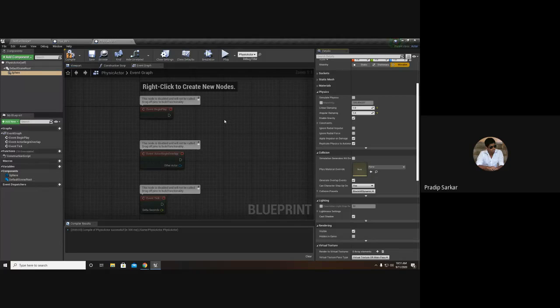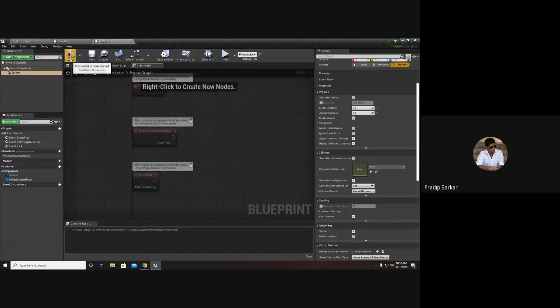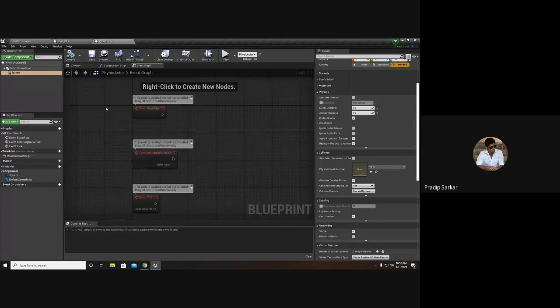Let's say after a few seconds, when the game is running for about 5 seconds or 10 seconds, whatever the time I set, after those many seconds, the physics should start reacting with the physics actor, the sphere. How can I achieve that?